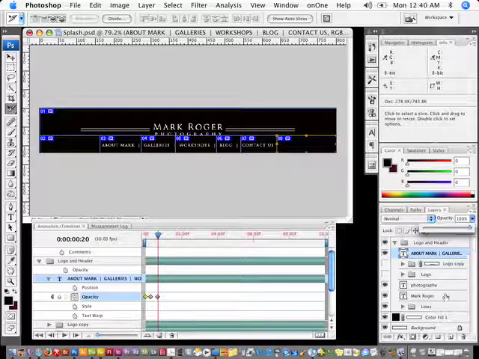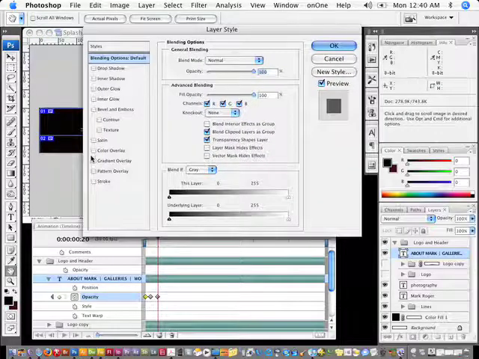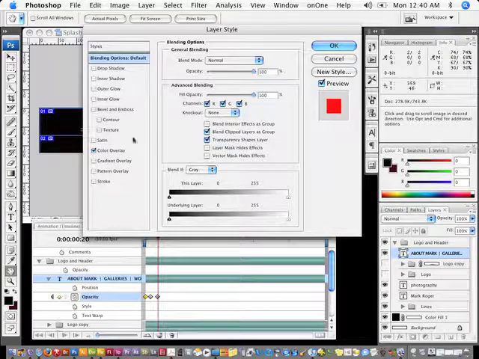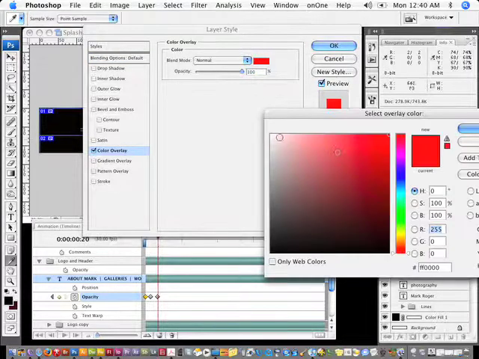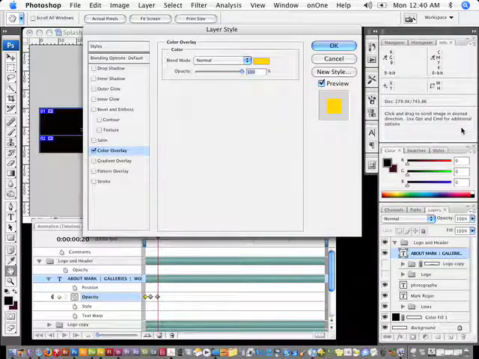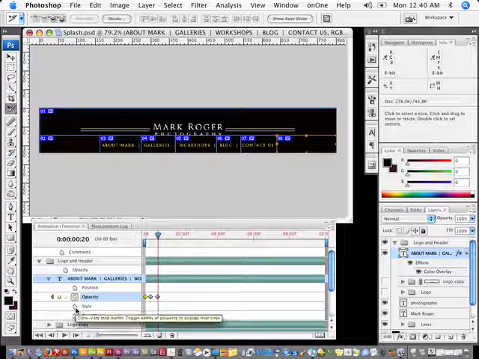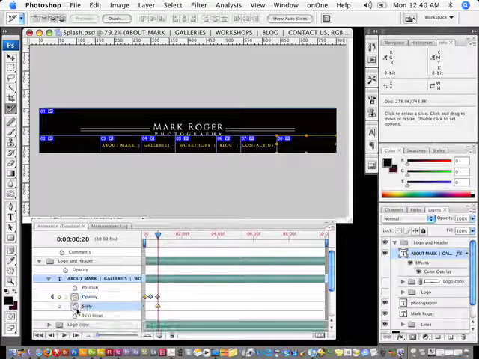So it brings it back in, but now I'm going to add a style change. I'm going to double click on this layer here, and under the style, what I'm going to add is a color overlay. And the color overlay is going to have a specific color of, let's say, an orange. And I'm going to click OK. Now once I do that, it keeps that information. I'm going to click on this here, and it'll change it. It'll add this marker here.